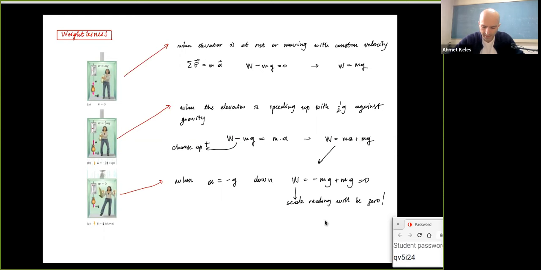It will be a little heavier. Now let's substitute this A, like imagine it's going down now, and it is going down with G, right? I just substitute minus G here. So what will happen is basically this means this whole elevator is falling down